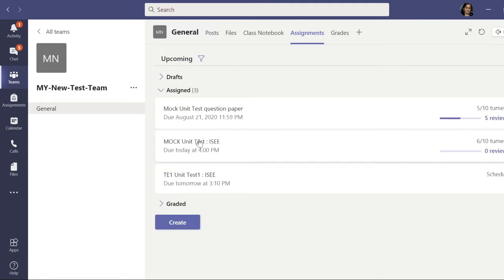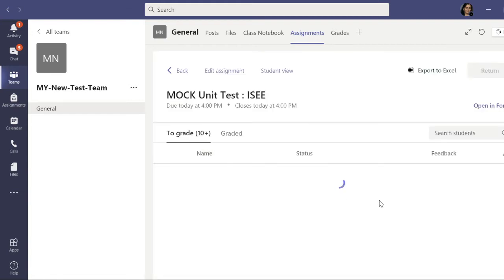So here in the assignments tab, you can see the second mock test which is assigned to this team. The name is mock unit test ISEE. So I will show you one sample mock test conducted by me on this team, and then again we will see how to assign the test through quiz option. So just see